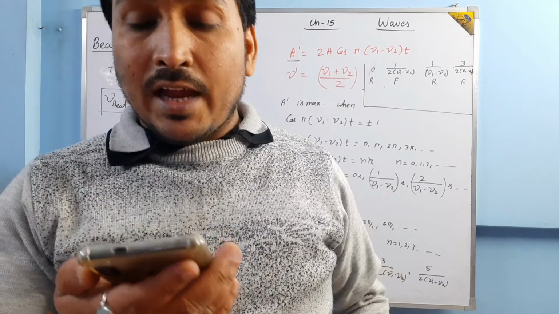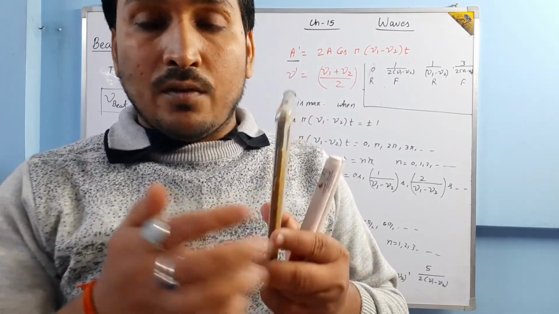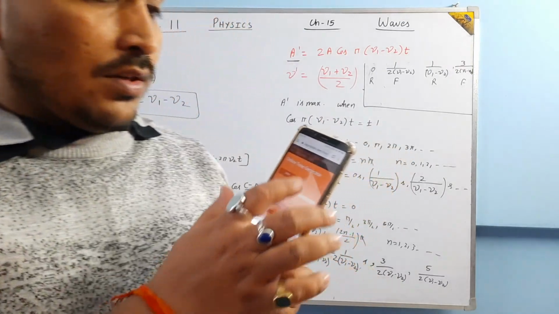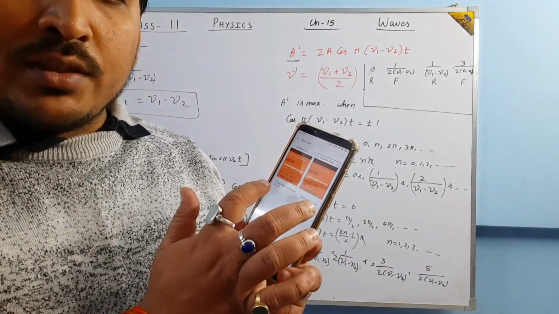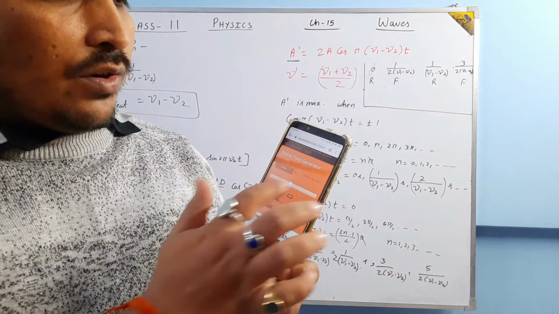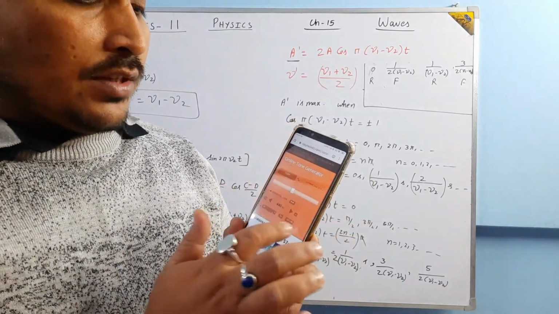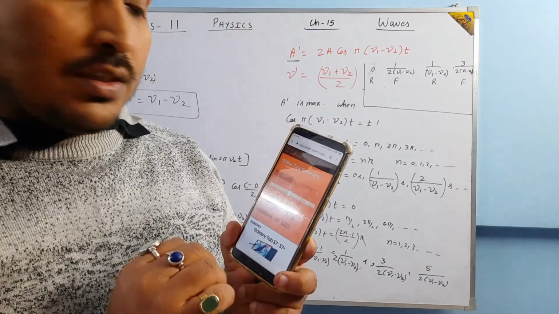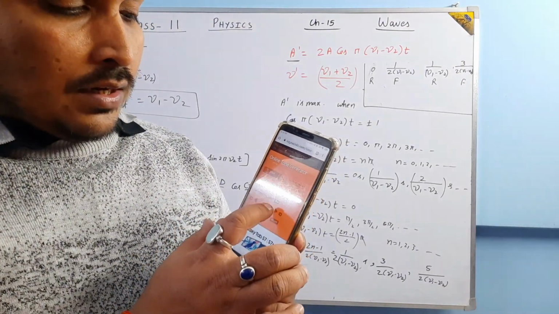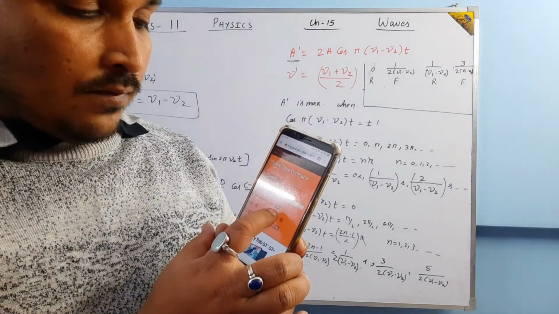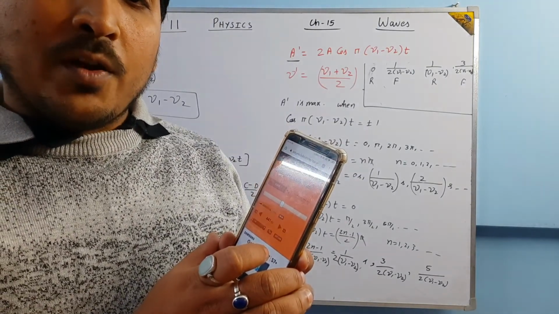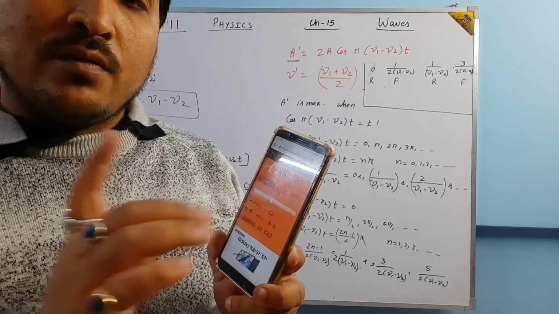Now just see, I've changed it from 440 to 441. I've opened two tabs. On this tab 440 Hertz is being played, and on this tab also 440 Hertz is being played. Now I'm going to change this frequency by 1. Per second, how many beats are you going to listen? 1.